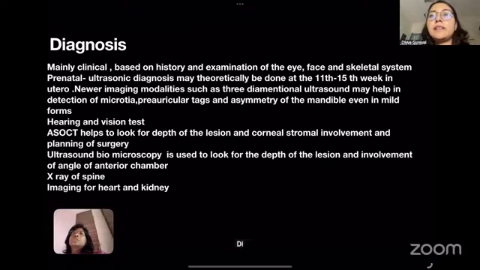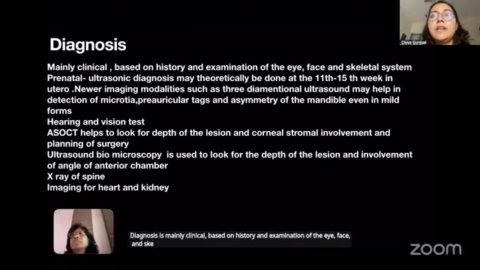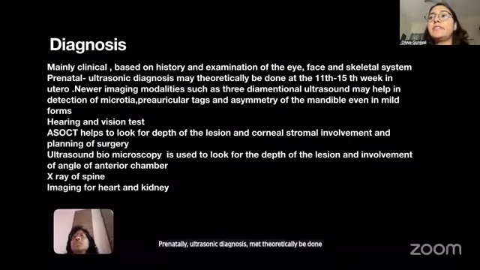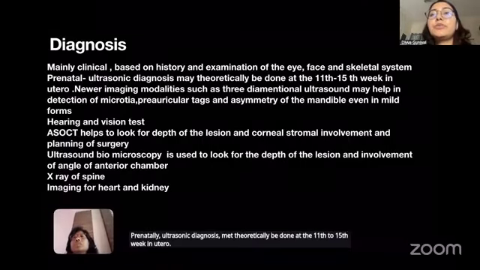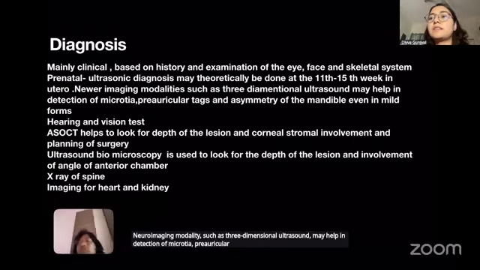Diagnosis is mainly clinical, based on history and examination of the eye, face, and skeletal system. Prenatally, ultrasonic diagnosis may theoretically be done at the 11th to 15th week in utero. Newer imaging modalities such as three-dimensional ultrasound may help in detection of microtia, preauricular tags, and asymmetry of the mandible